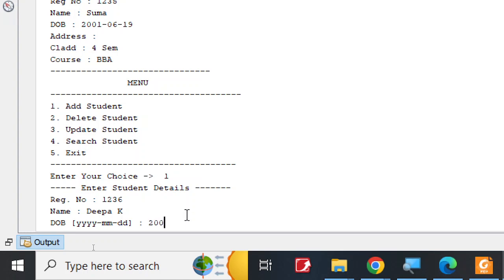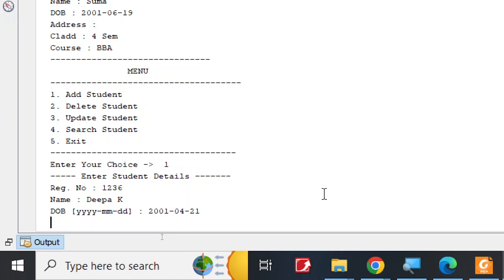Okay, Deepa K. Done. Her address is, again, when you are showing these things during the examination, kindly don't add something that will create an exception. So when you are showing the output, I've seen some students purposely type something which is wrong. They themselves know that the values are wrong, and then the examiner will get frustrated with your output. So show something which is all proper. So what you can say is